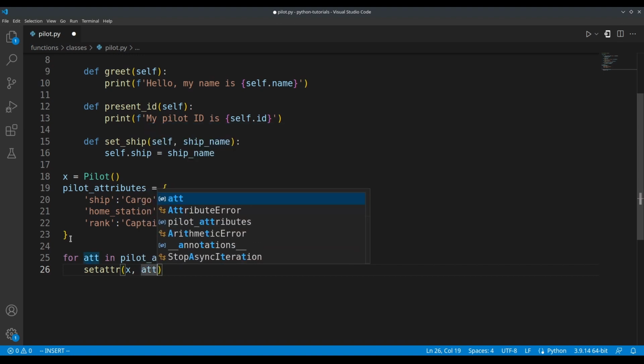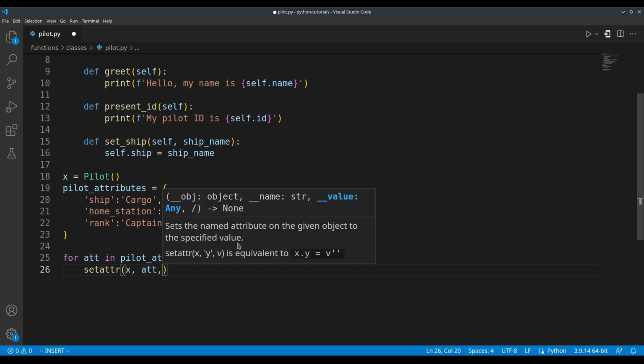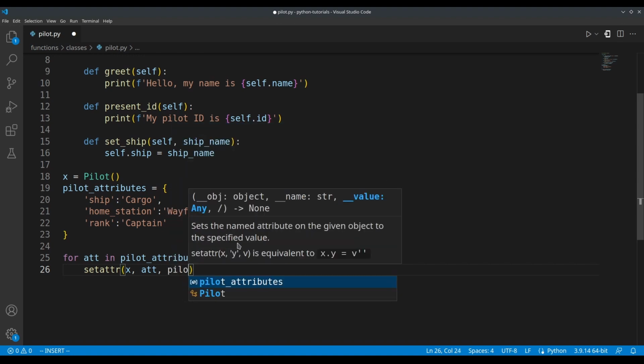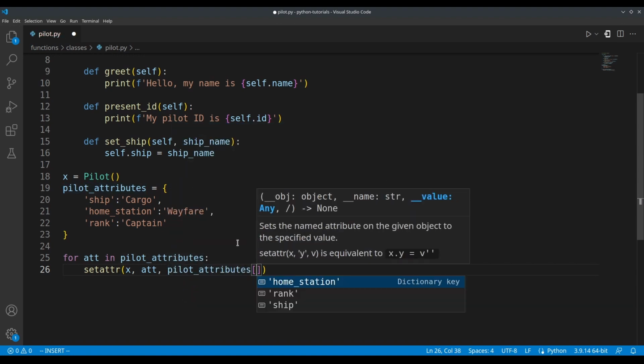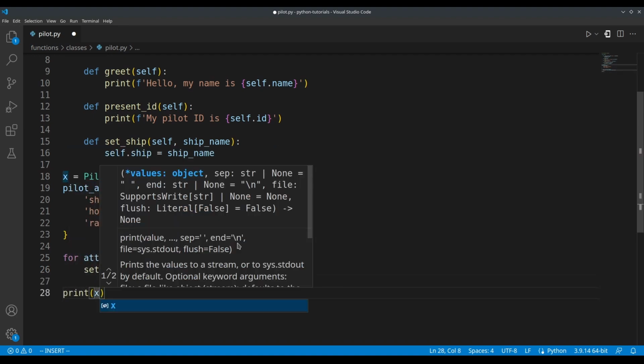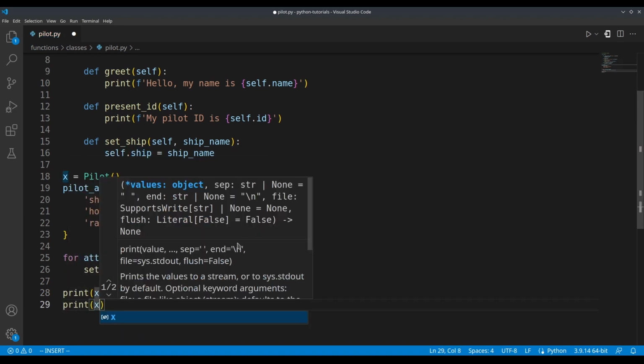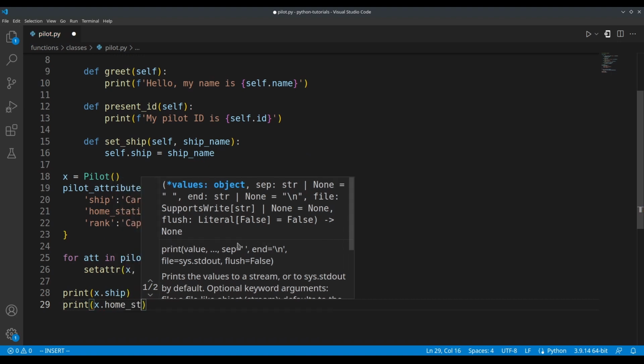And remember, when we say for attribute in a dictionary, by default, it gives us the key. So basically, each iteration of this for loop, attribute will be ship, home station, then rank. So we'll use that as the variable name for our object. And then for the value, it will be pilot attributes at attribute. And then below, just to show that it worked, we'll say print x dot ship, print x dot home station,